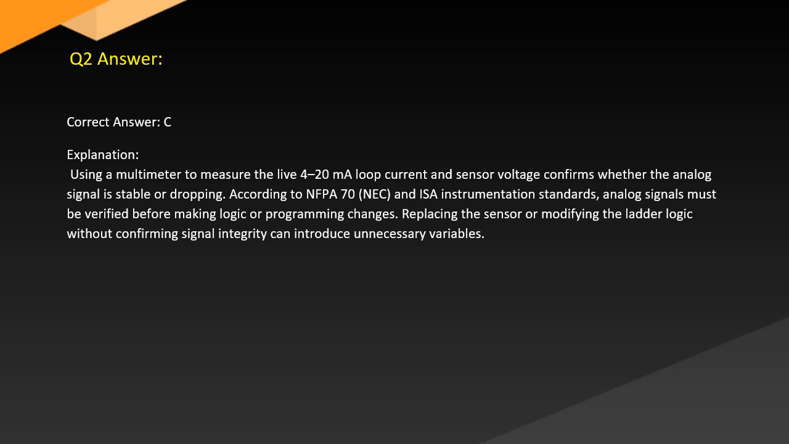Answer. Correct answer: C. Explanation. Using a multimeter to measure the live 4-20 mA loop current and sensor voltage confirms whether the analog signal is stable or dropping. According to NFPA 70 NEC and ISA instrumentation standards, analog signals must be verified before making logic or programming changes. Replacing the sensor or modifying the ladder logic without confirming signal integrity can introduce unnecessary